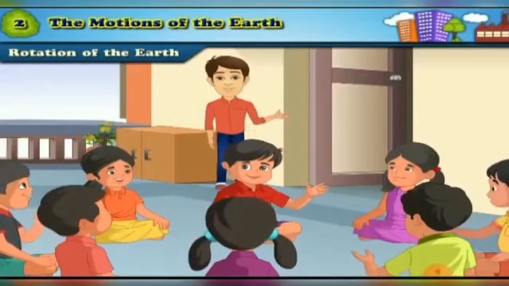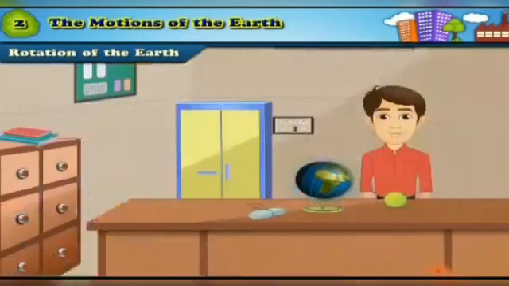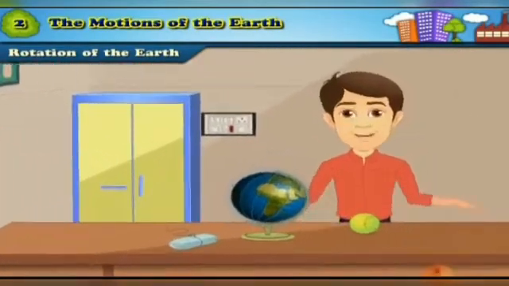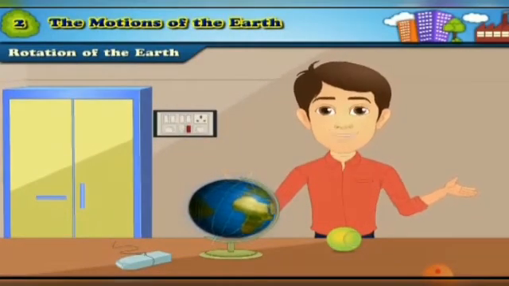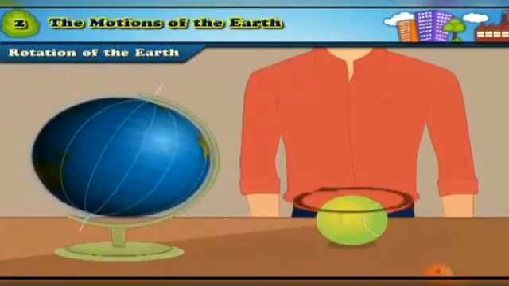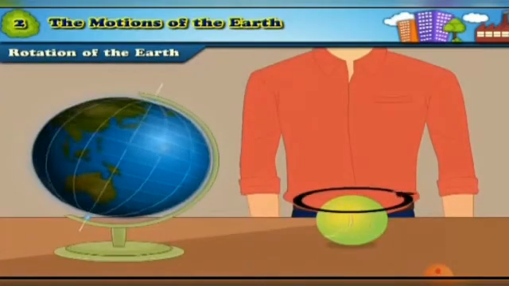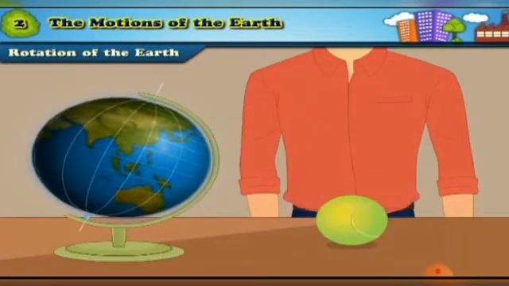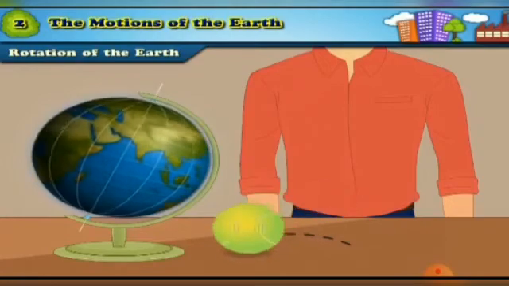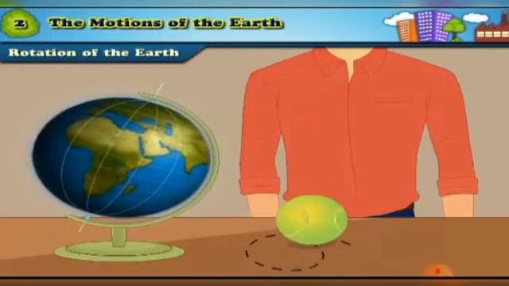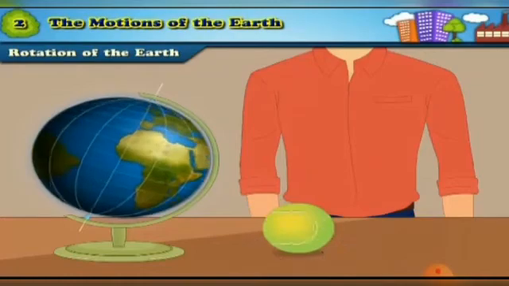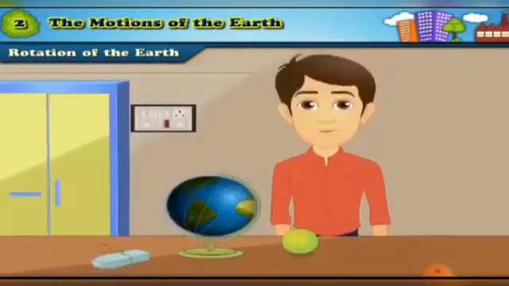Let us do an experiment to see how the rotation of the Earth takes place. For this experiment, let's spin a globe and observe the line around which it rotates. But before that, I shall tell you something. Listen to it carefully. If we spin a ball, the ball also rotates around itself, and while rotating around itself, it creates its own axis, but we cannot see its axis. We can only imagine such an axis.